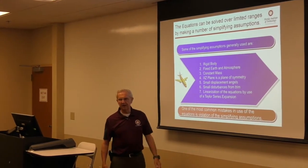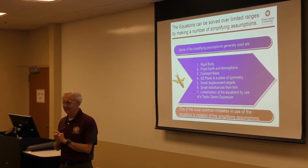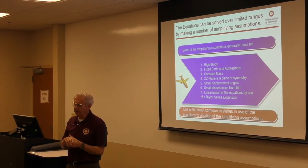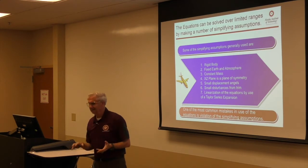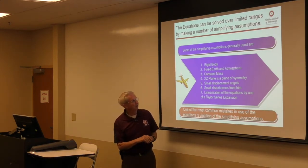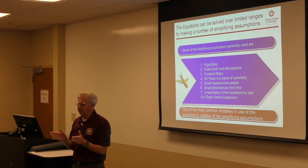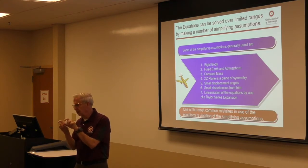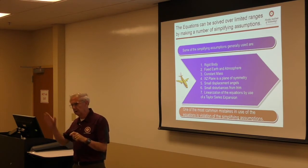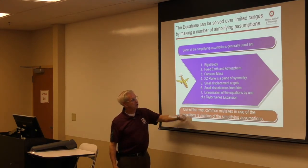Small displacement angles, and this is where it really happens, as far as violating those assumptions, is that people will try to solve things that are at the stall angle of attack or even higher. That's not small angles anymore. And lateral directional, if you get more than about 2 degrees away from trim, it becomes very nonlinear. So over a couple of degrees, yeah, you can say this is fine, but 6 or 8 degrees, nah. Small disturbances from trim,